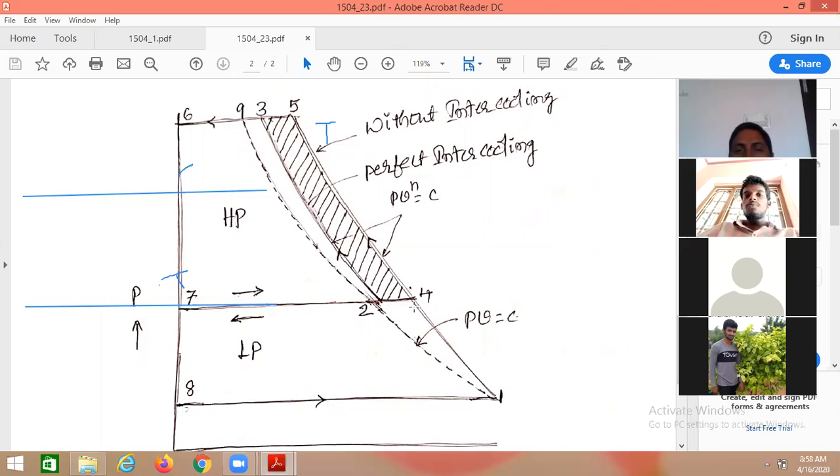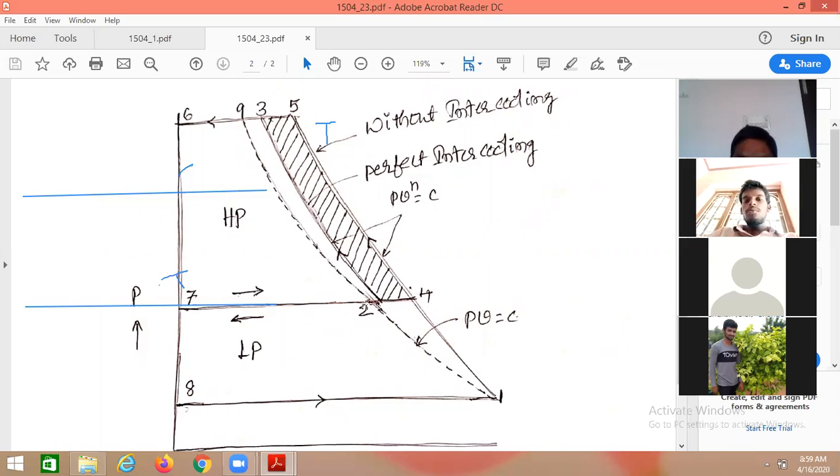So what is happening here? What is this hatched portion area? As I told you, between the stages of compression we are introducing the intercooler. The advantage of the intercooler is to drop the temperature after every stage of compression. If you consider the first cycle, that is the compression in the LP cylinder, 1, 4, 7, 8, then after the compression corresponding to 4 in the first stage, by sending it to the intercooler, the temperature is dropped.